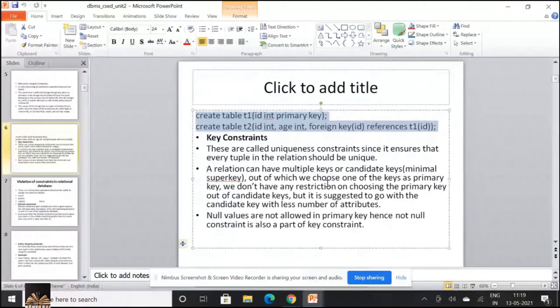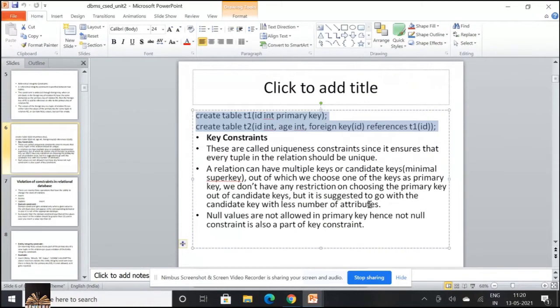A relation can have multiple keys or candidate keys, which is nothing but a minimal super key, out of which we choose one of the keys as a primary key. So indirectly, I say that primary key is a subset of candidate key, which is again a subset of super key. I can have n number of super keys, n number of candidate keys, but talking about a primary key, for each relation there is only one.